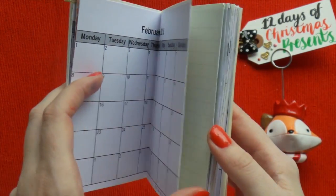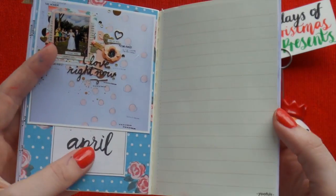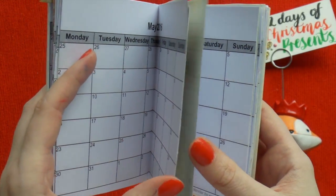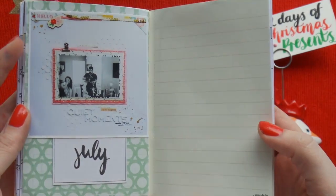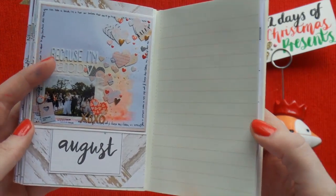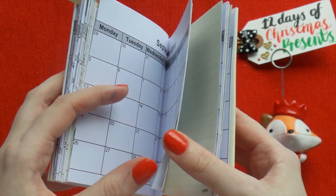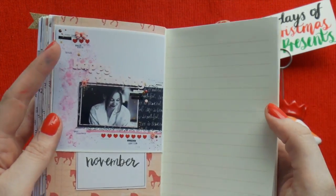February, March, April. These were such a good find for this project. May, I thought that was a good one because May's Mother's Day here in Australia. So a photo of Mum and I. June, July, August, September. I do have to go back and just, there's a couple of corners that I missed with the glue stick. October, November,